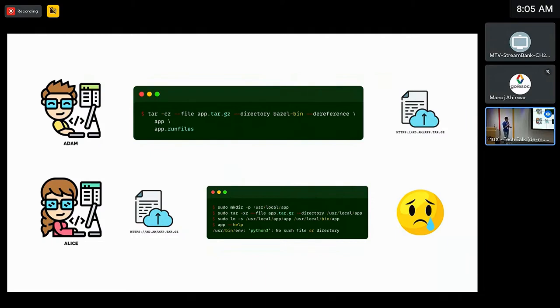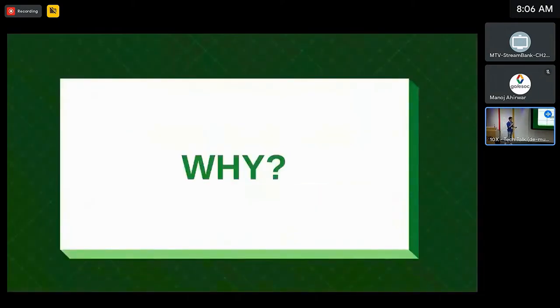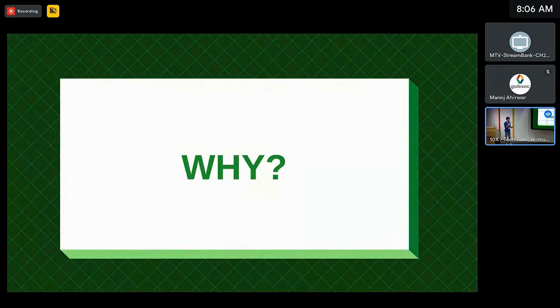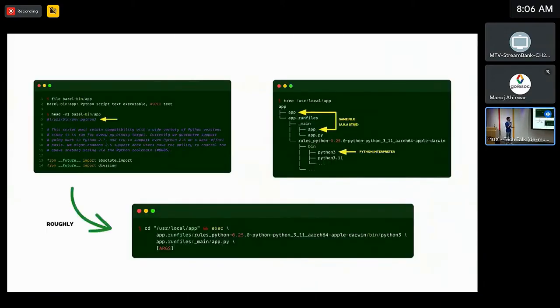And both Alice and Adam are pretty sad about this because one of the reasons they use Bazel is all these hermeticity and reproducibility guarantees that just so happen not to be that visible in here. And the same way Alice and Adam were asking why, you might also be asking why this is happening. Well, turns out it's not really Bazel's fault in this case, but if we look at the output directory, the py_binary from rules_python output,